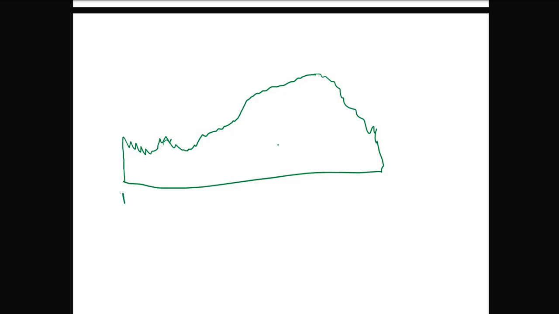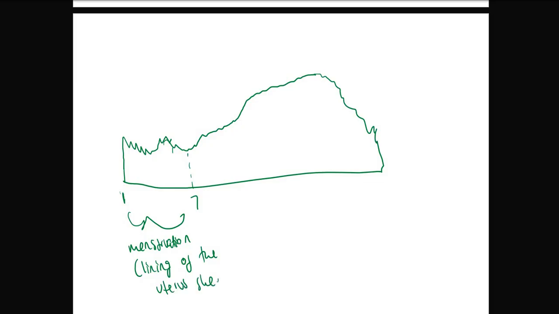This is day 1 until day 7 when you are menstruating. Until day 7. This is the menstruation part. This is when you are menstruating. Whether you are doing it for 3 days or 5 days, yours is going to be, but the cycle is going to be like this. You start by menstruating, whereby the lining of the uterus is shedding off. Lining of the uterus is shedding off,